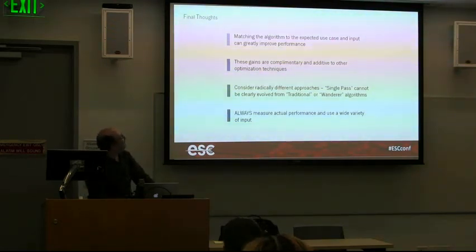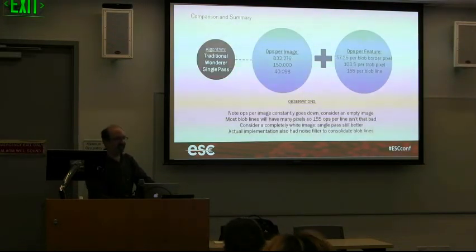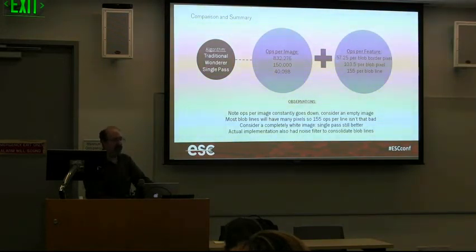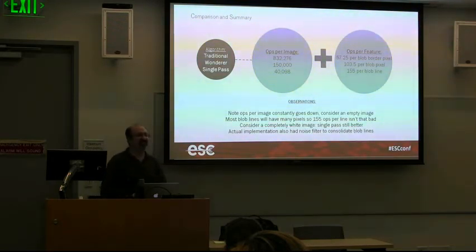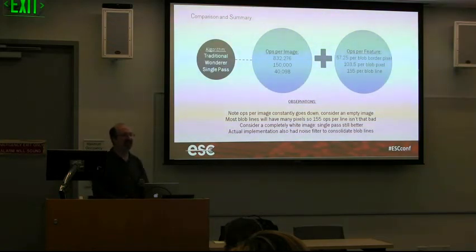Okay, so in summary, matching the algorithm to the expected use case and input can greatly improve performance. So if we go back to that guy right there, what do we got? On ops per image, it's about 20 to 1. If we take this normalized 15.5 per line, it's about 4 to 1 per feature. So if you let me bend the stats a little bit to compare apples and oranges, it's better